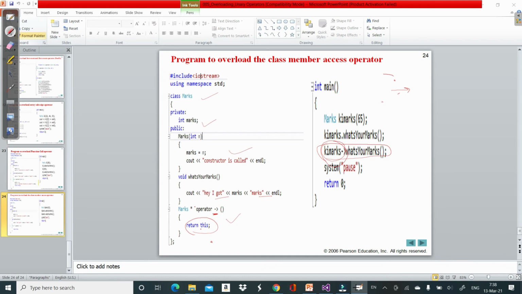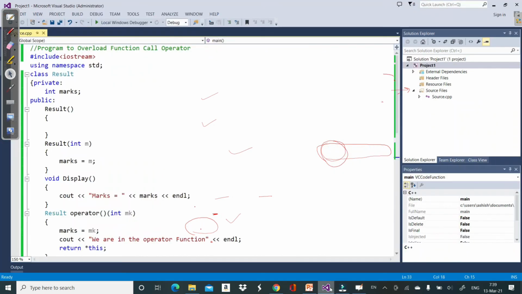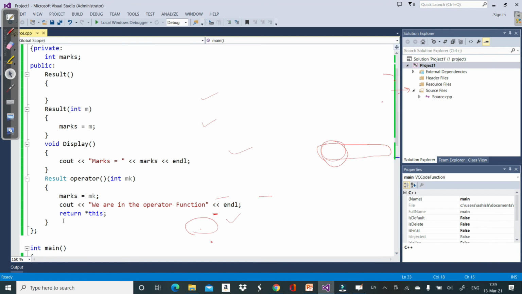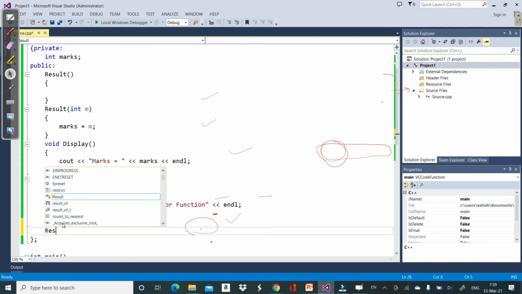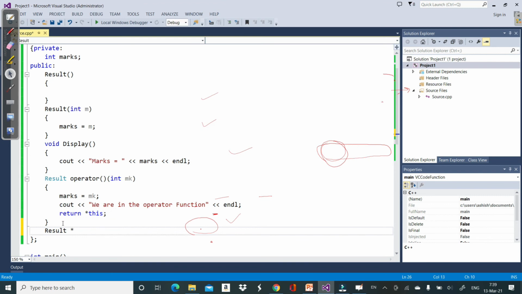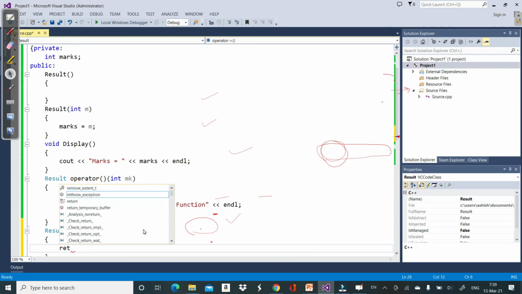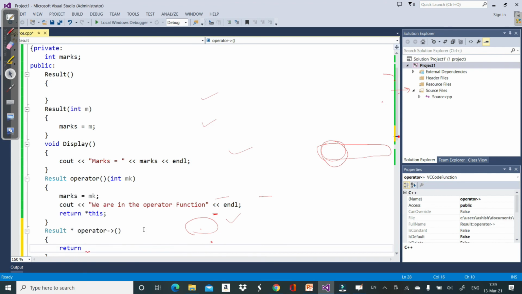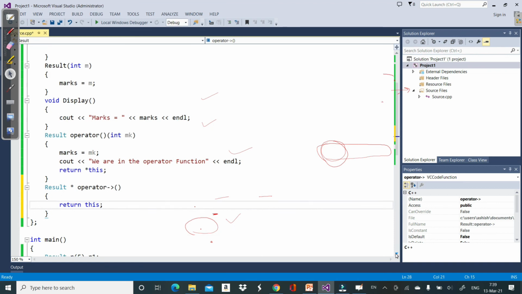We can do it here only in the same program. Let's write for this also. So let's say result asterisk operator, and what is our operator? Operator is this arrow, and it is going to return this. So it will always return the this pointer.